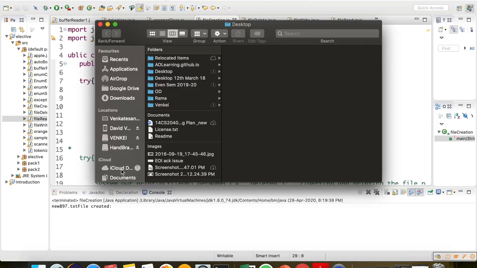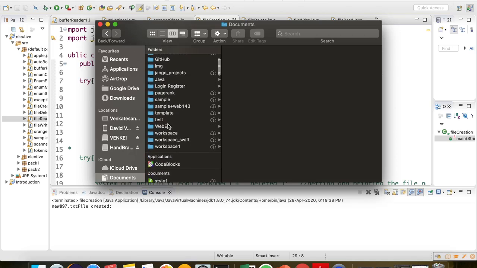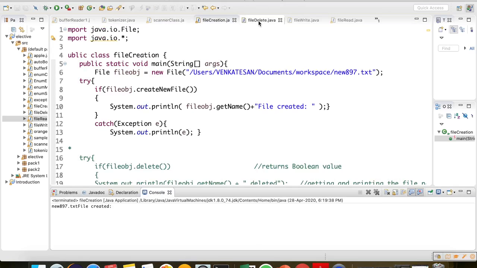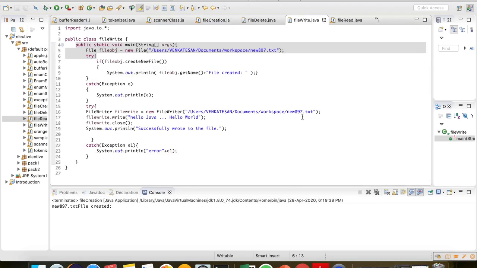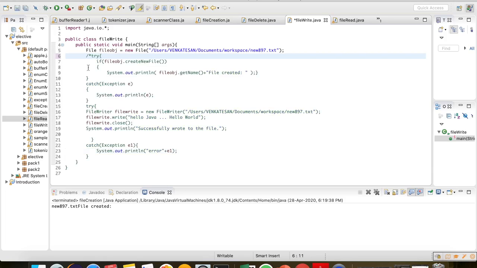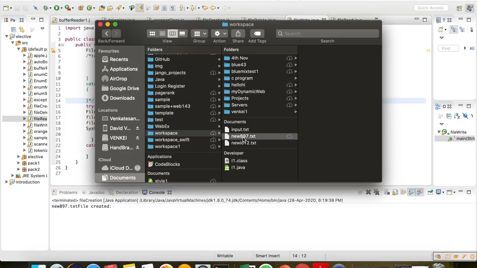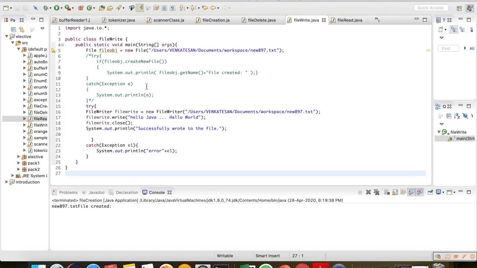And next one is to write something into that particular file, right? I'm using the same file. I'm going to write something, that is, successfully wrote into the file. I'm going to write two different lines, hello Java and hello world, that's all. Here it will create the file, but the file is already created. Now I'm just going to write something into that file. Initially you can see that nothing is there inside, right? After this you can see that some difference is there. Yes, successfully wrote into the file. Now you can see hello Java and hello world. So now something has been written into the file.